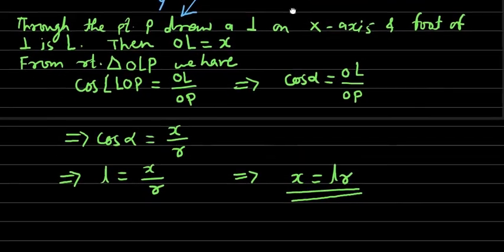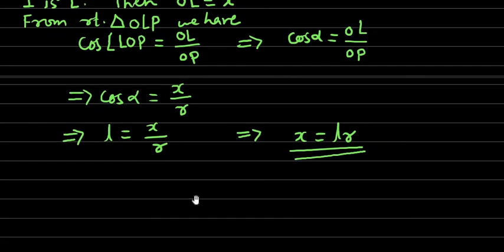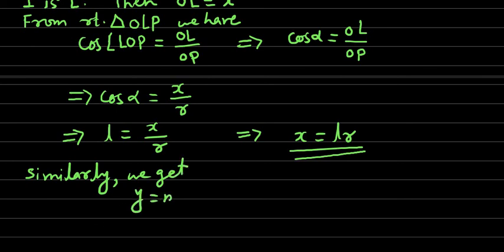Okay, so as those are very much similar to the first, we will just mention them. It is not necessary to obtain those remaining two relationships. So similarly, we get y equal to MR and z equal to NR. Okay, so like this we have obtained the relationship. So this is an important relationship that we have obtained here.